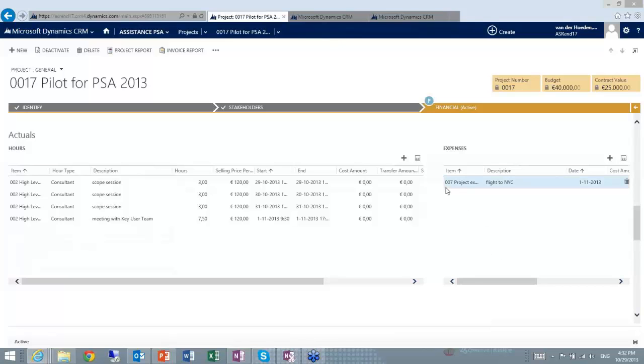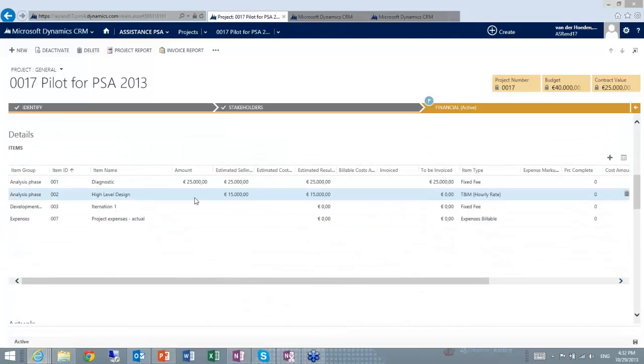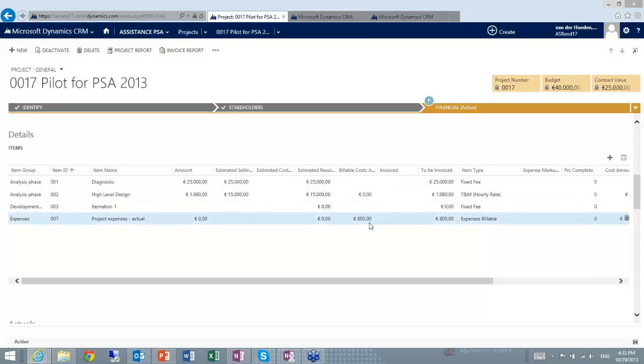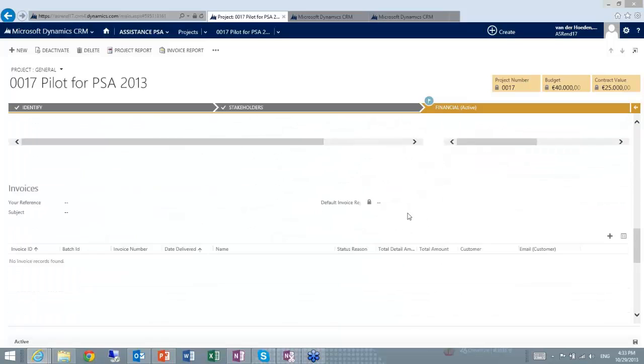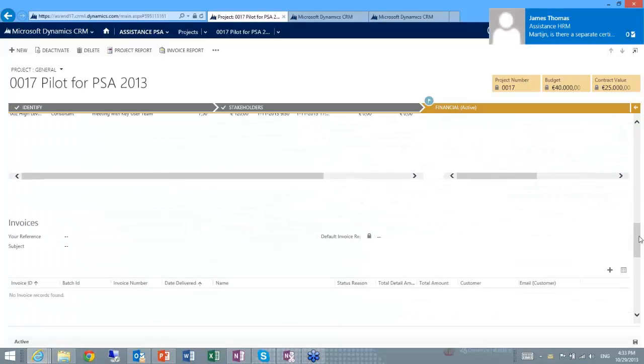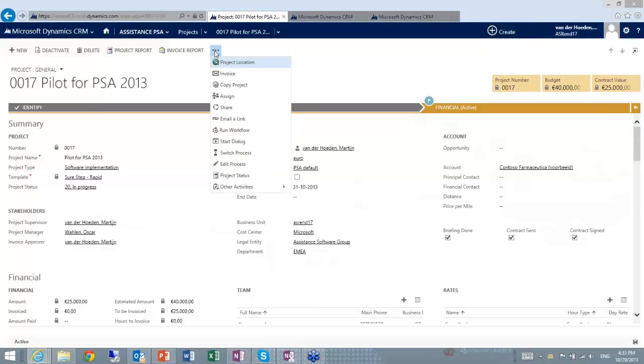Okay, so now we see the actuals, we see the expenses, and when we scroll back to my details here, we see that my amount is still empty, but when I refresh the list, the amount is increased with my hours that I've entered, and the €800 for the expense of the New York flight. So that's all there. Here we have the actuals, the expenses, and the capability to start the invoice process. I can go into the menu button and start my invoice option from here,